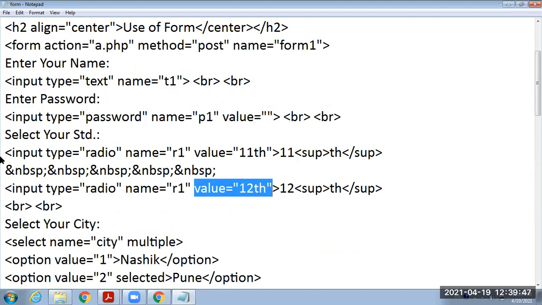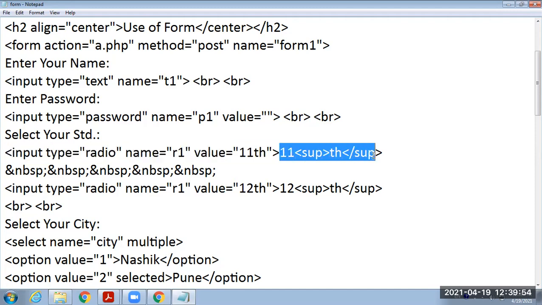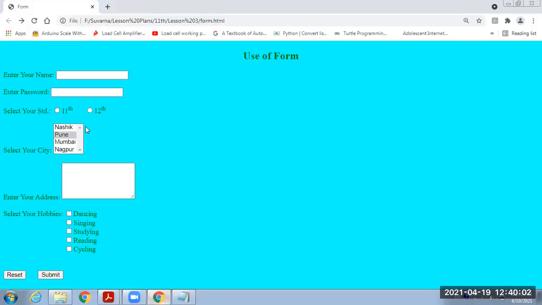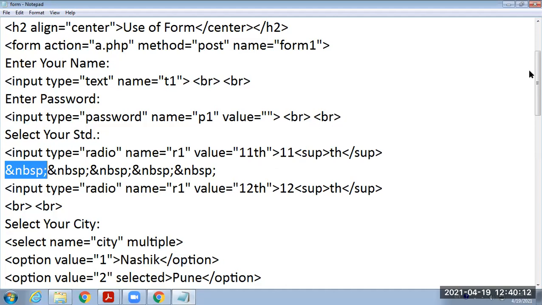Now here, after specifying the radio button for the 11th, I have provided 11th with the sup tag, th with the sup tag. It will display the data in this format, 11 and th. Then I have provided ampersand nbsp semicolon.